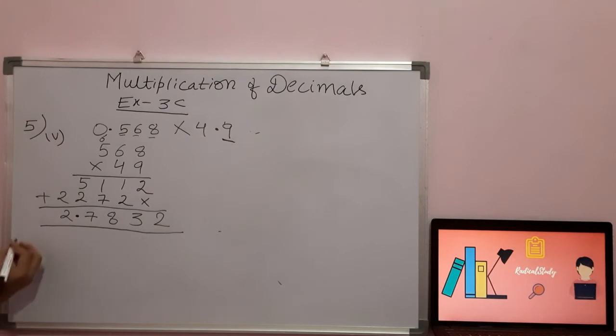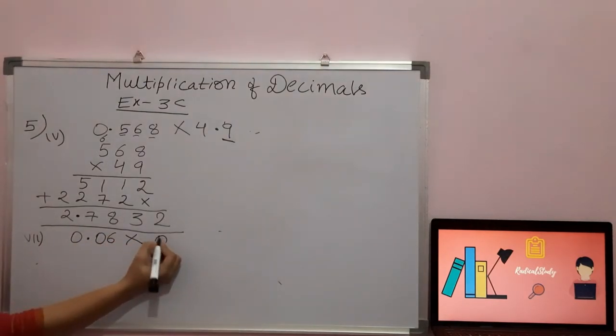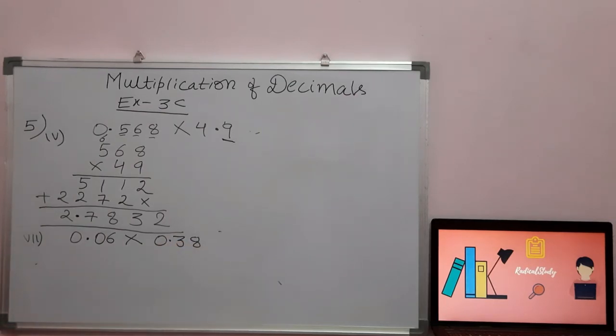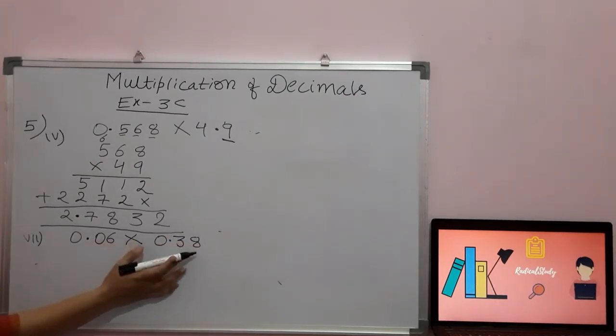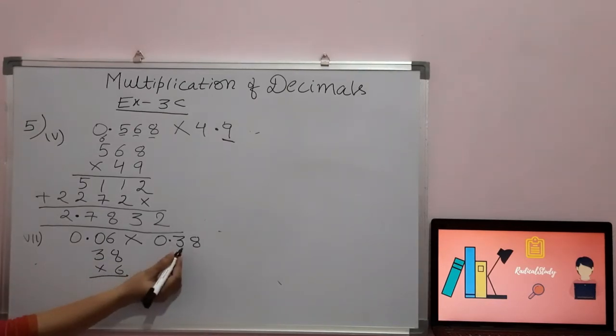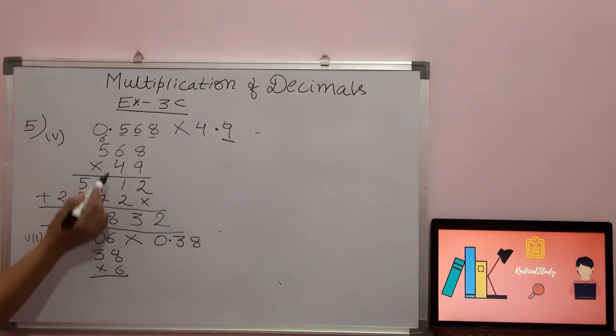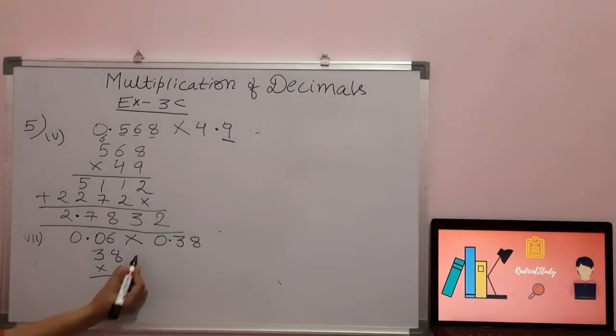Now I am going to explain you the next option, that is option number 7. So in this option we have to multiply 0.06 with the number 0.38. हमें किससे मल्टीप्लाई करना है? 0.06 with the number 0.38. So we have to remove the decimals and here I have removed. मैंने 38 को ऊपर ले लिया. So as I told you that multiplication of any number is commutative. तो मैंने 38 को ऊपर लिया है, आंसर सेम आएगा यहाँ पे। तो 6 8 जा 48, 4 कैरी, 6 3 जा 18, 18 plus 4 22. ये हमारा आंसर है 228.